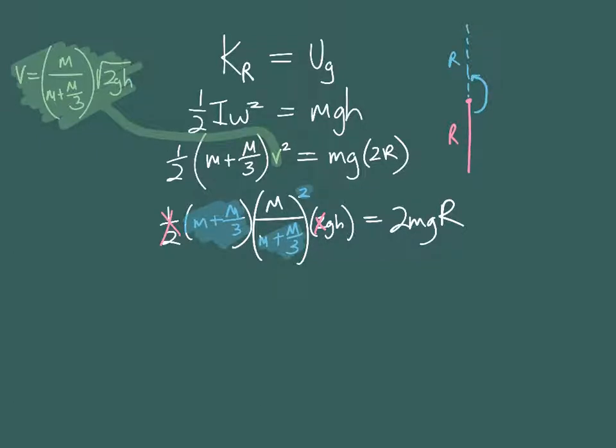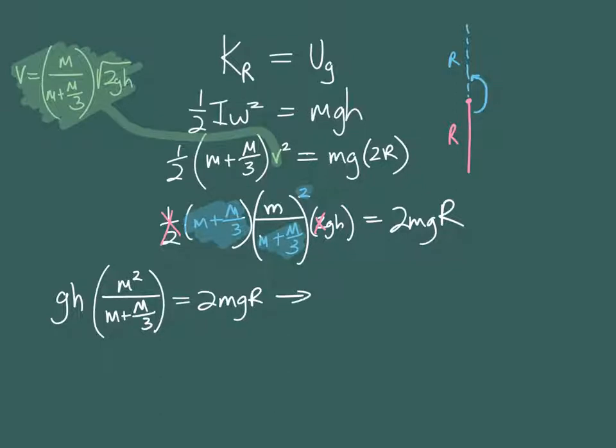So I'll get gh little m squared over little m plus m over 3. Be careful with the little and the big m's. This thing here is a little m, but it sort of looked like a big M. Equals 2m